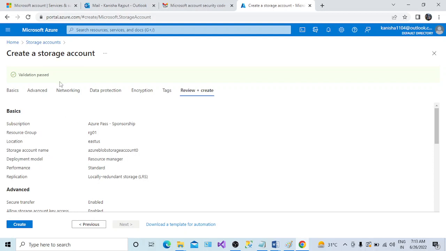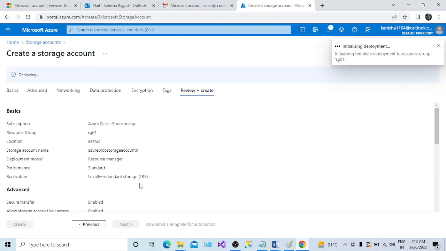Here the validation is passed. Validation is basically nothing but it just checks whether all the required options have been selected, or the required text boxes have been filled or not, and we have to now click on create. So if you see here in the notification, it is saying that initializing deployment. So that means first of all, if you see RG01, it is going to deploy the template